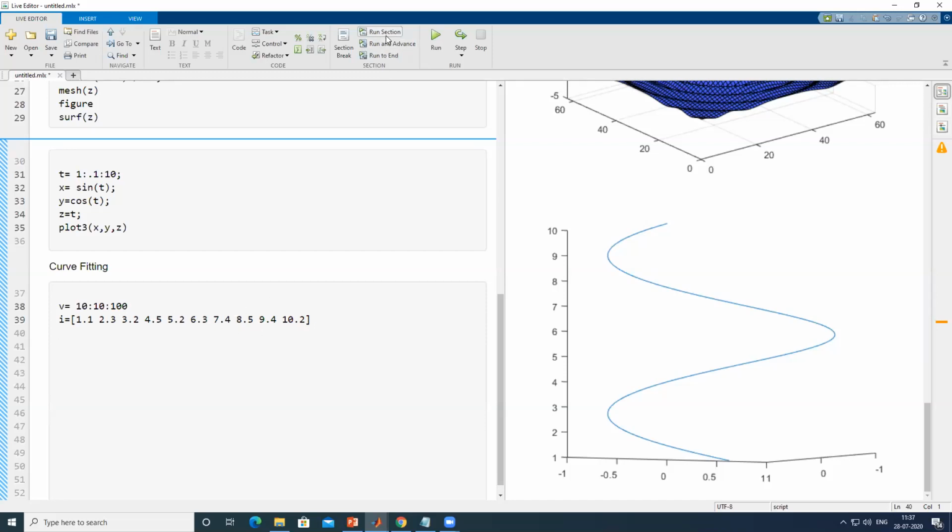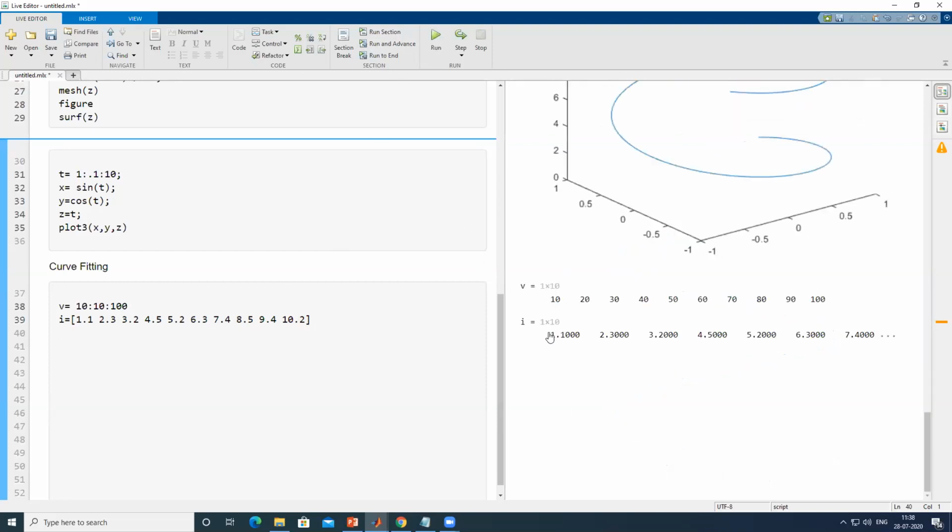If I run this one, I'll get that for every 10 values of voltage, I have 10 values of current. Now in order to find an accurate linear fit, the physics of it, or the value of resistance, V is equal to IR, I want to find out the slope, that is R, the value of R here.